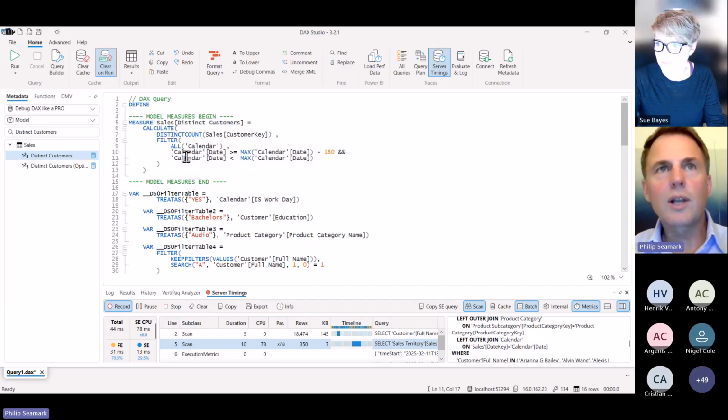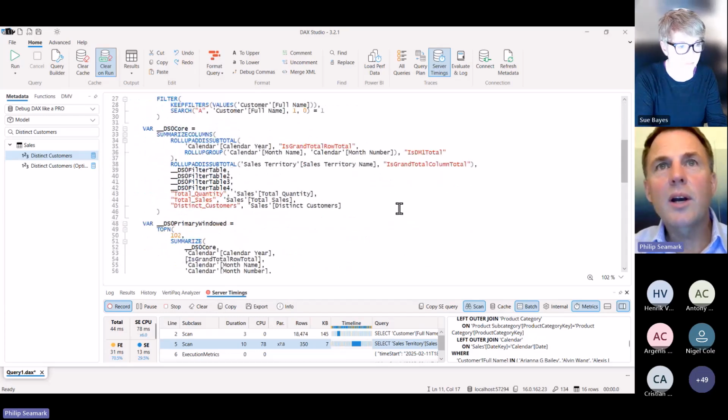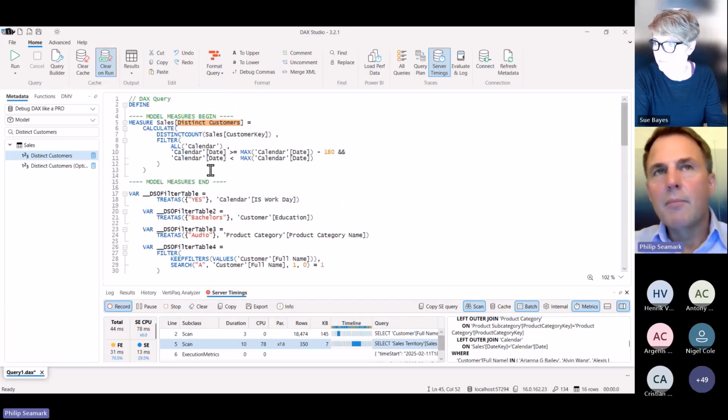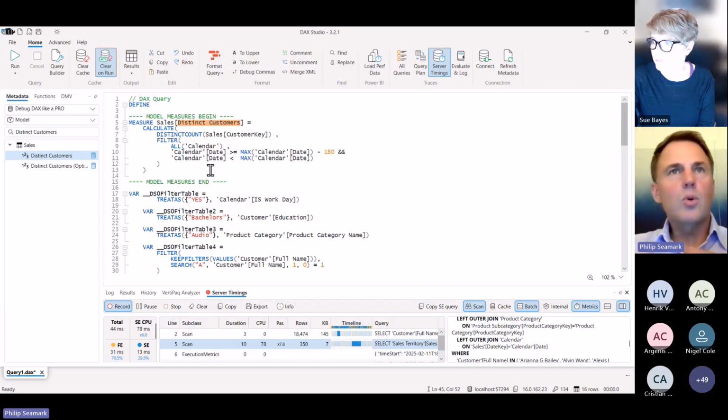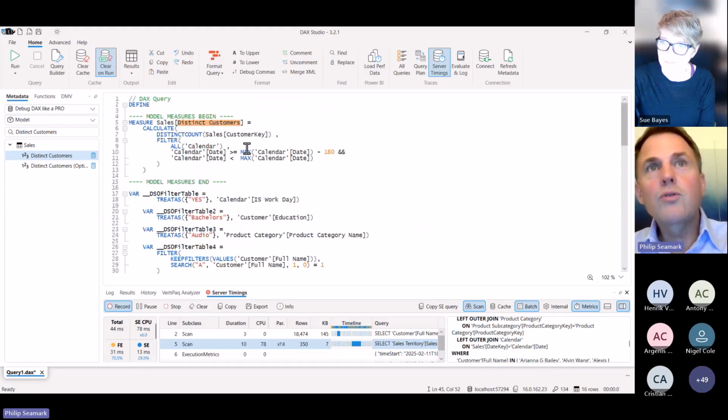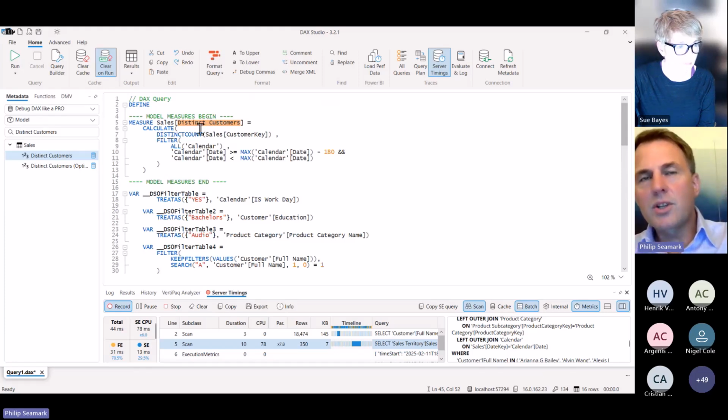Anything I do here is all local, but what it does mean is when I run the measure here now, it's not using the version of the DAX in the model. It's actually using the version of DAX that's written here. But you do need to be careful, because let's say I'm calling measure A, and measure A calls measure B, and then measure B calls measure C, etc. So you have this sort of nested chain going on with your measure names. If you only put measure C in here, and down here you call measure A, which does call measure C, it won't use the version here. It will only ever use the version of a measure if all of the measures in the chain exist here